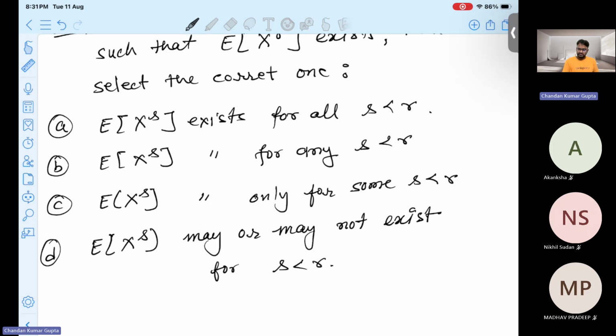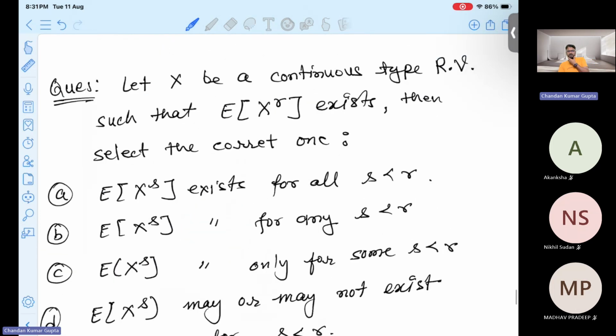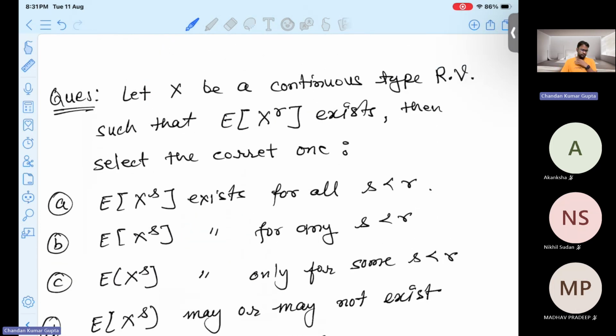So the right answer is obviously option A, because we have already learned this as a property. So let's prove this. We are given this, and we need to prove it. So see,